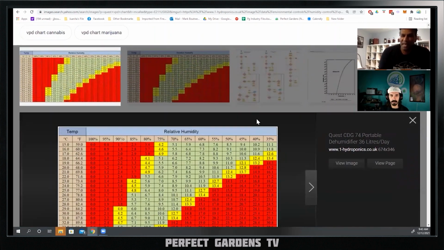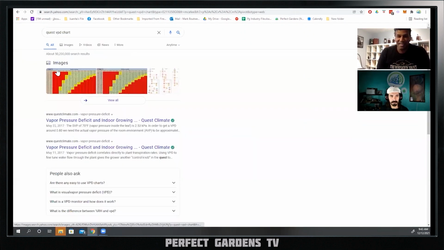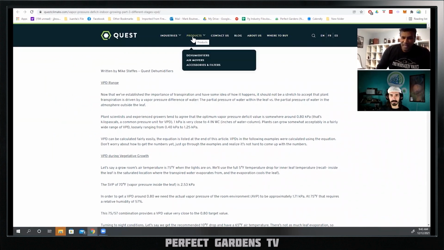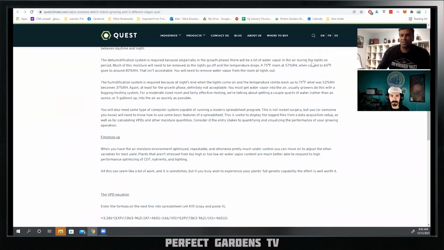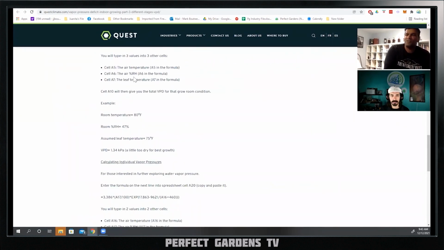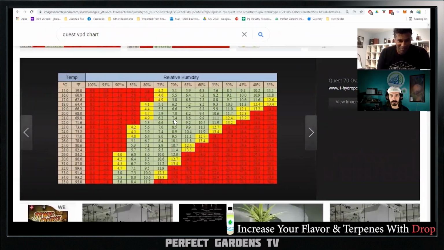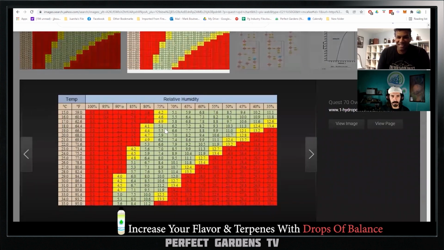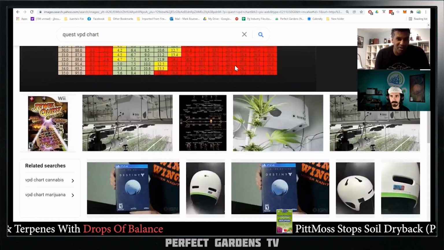And not to pick on mechanical engineers in any way, because they're valuable. They're going to do all those calculations for VPD and whatnot. For me, it's so important to have a grower involved as well, right? Because growers will be able to say, yeah, but here's why it won't necessarily look as perfect. Yeah, I'm looking as you're doing that, because I've seen better ones from Quest as well. I can share them, but that one might work as well.